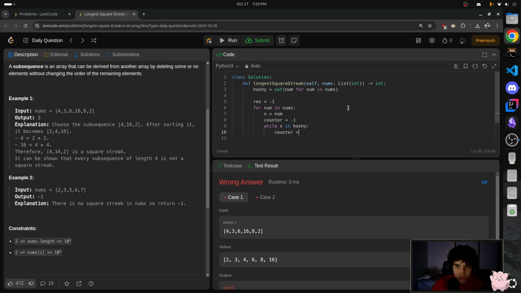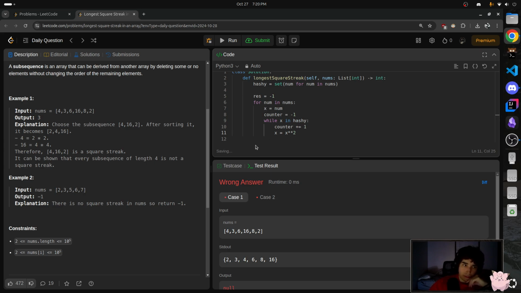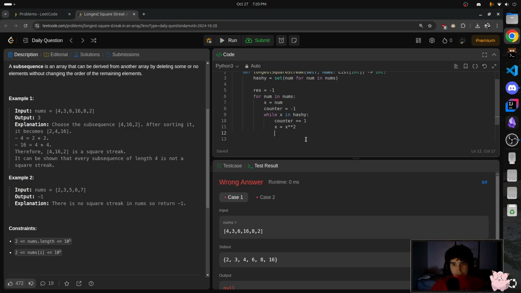Counter plus equals 1. Wait, x equals x times the second power. And then